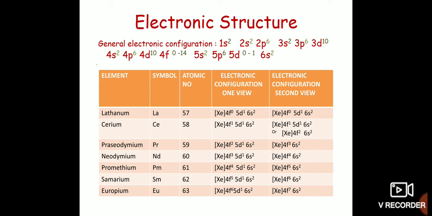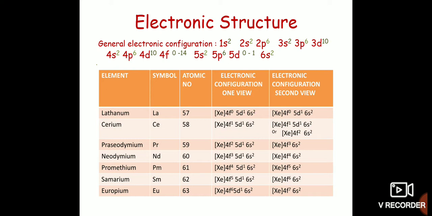For lanthanum, actually the f orbital starts filling its electrons from cerium onwards; there is no electron in the f orbital for lanthanum. That is why it is written as 4f0 for lanthanum. Coming to cerium, the second view is the most probable and most accepted view, where the 5d orbital remains vacant and the electron enters a 4f orbital. So for cerium, two views are given, and the most acceptable is xenon 4f2 6s2, and for praseodymium it is 4f3